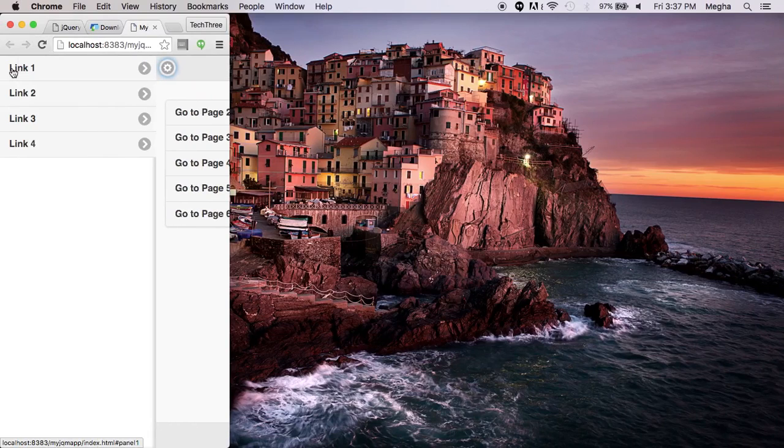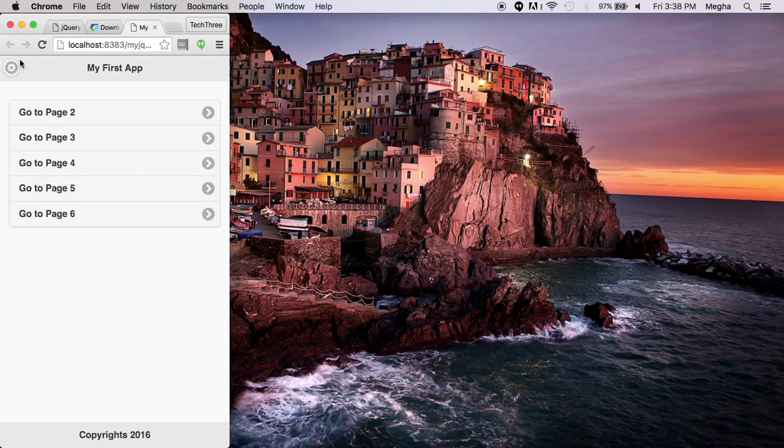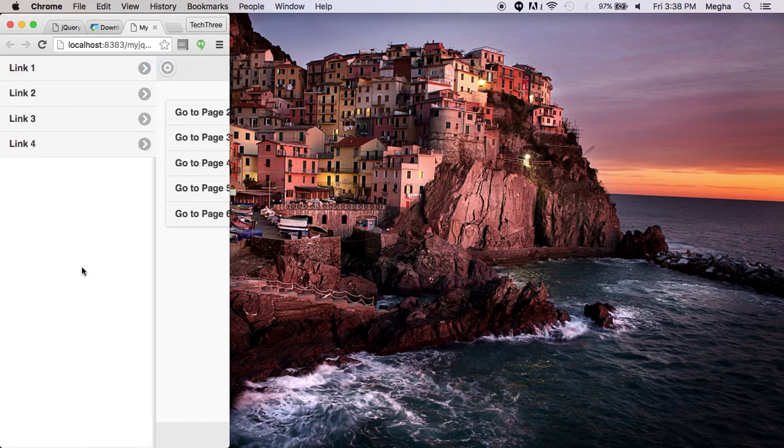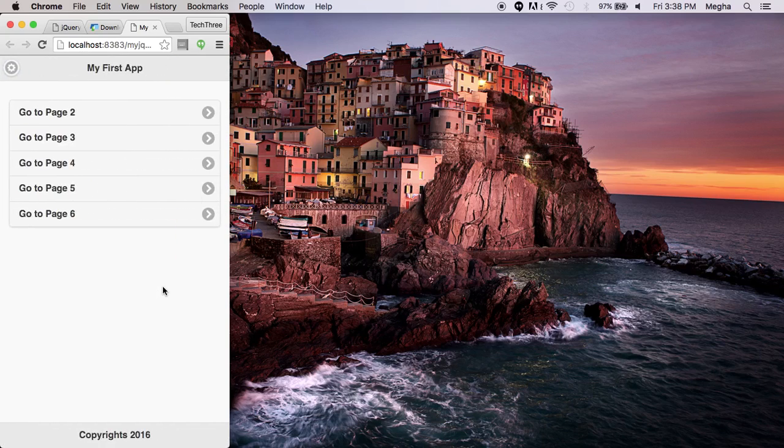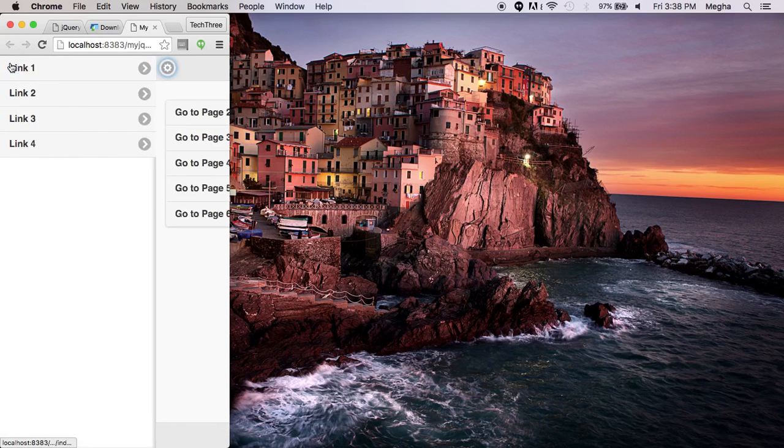Notice that things were pushed and this thing appears. I can click anywhere outside and it just disappears, and of course you can swipe in, swipe out, you can get it. A little panel got created. I think